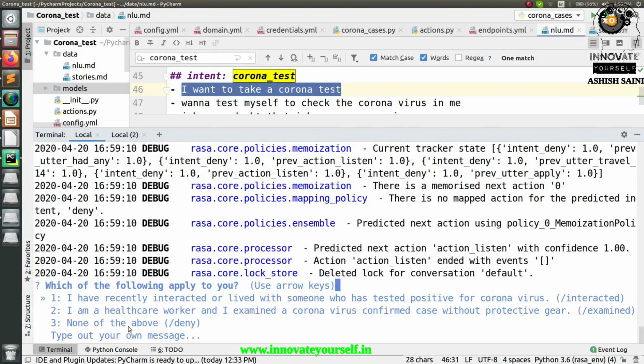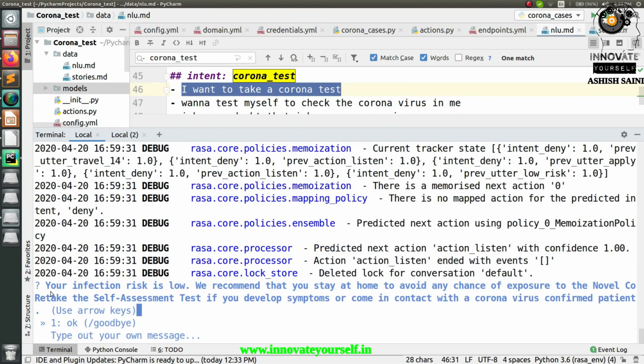No, I haven't. Which of the following apply to you? I have recently interacted or lived with someone who has tested positive for coronavirus. No. I am a health worker and I examined a coronavirus confirmed case without protective gear. No, this doesn't apply to me, so I will select none of these.